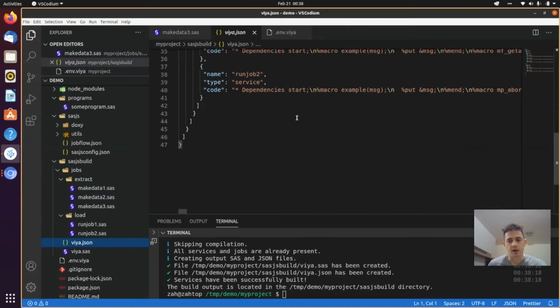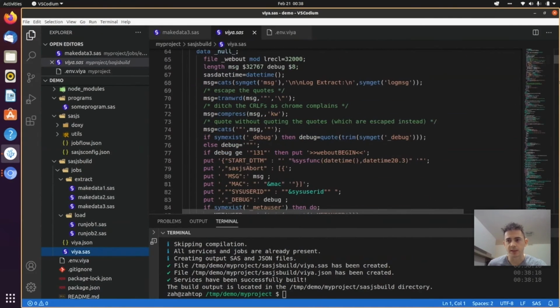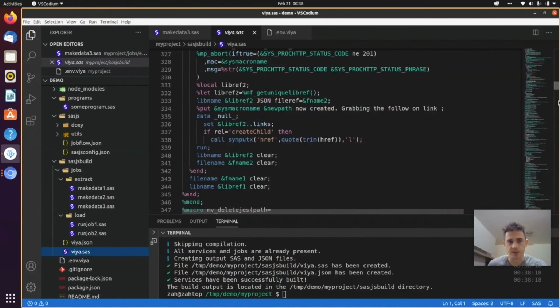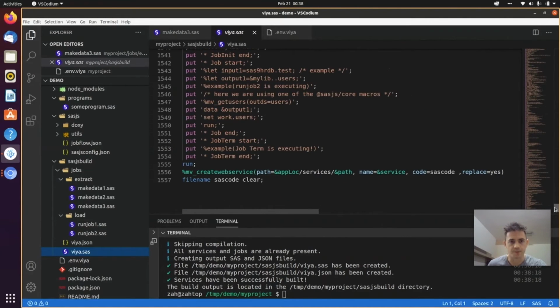Now, because I've got a client and a secret and an access token, I can deploy these. But if I didn't have that, or if I'm on Sass 9, there's a plan B, which is a .sass program that gets generated. You can also copy paste this big long Sass program into Sass Studio or Enterprise Guide, and that would also create all the jobs. In Sass 9, it would create them as stored processes.